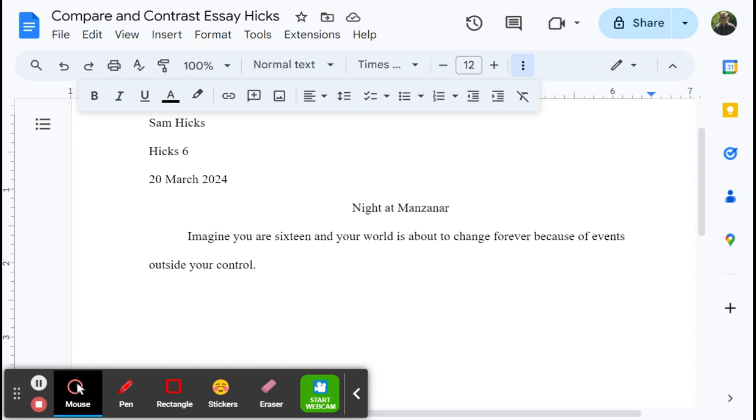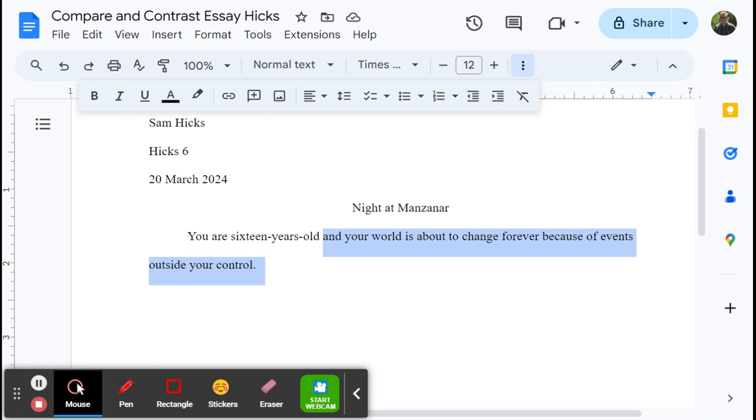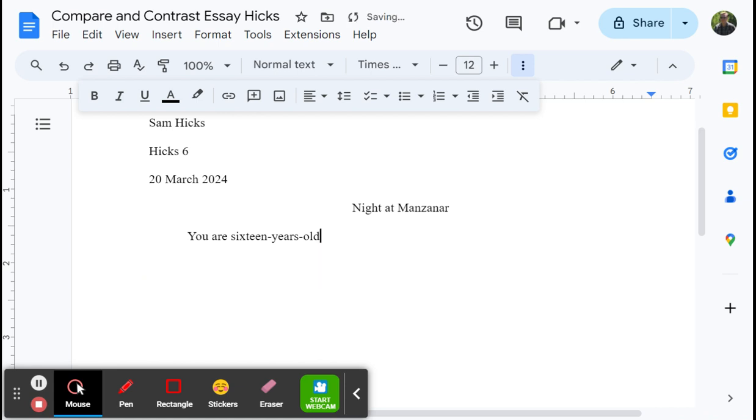Okay. So I feel like that's a good start. Now, I might change it to be a little bit more abrupt, and maybe instead of Imagine, just say, you are 16 years old, and your world is about to change forever because of events outside your control. I think that's a pretty good one. I could also try, you are 16 years old, period. You are